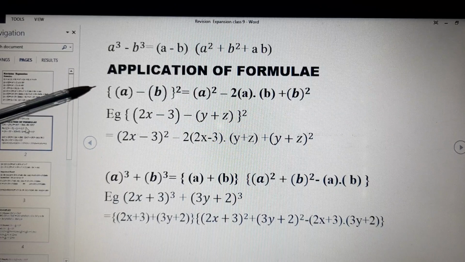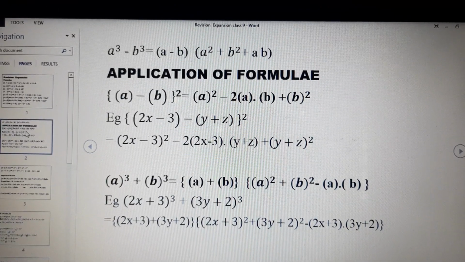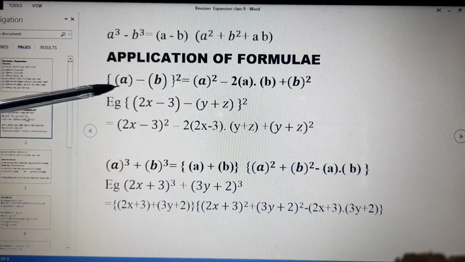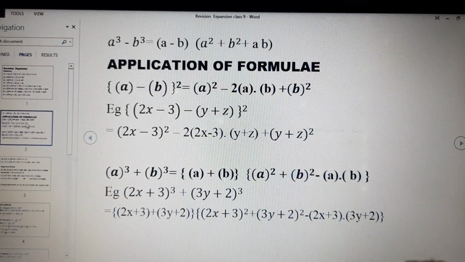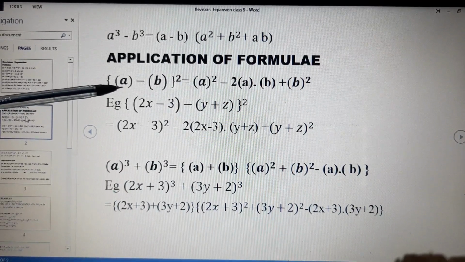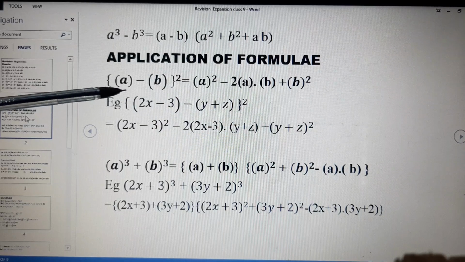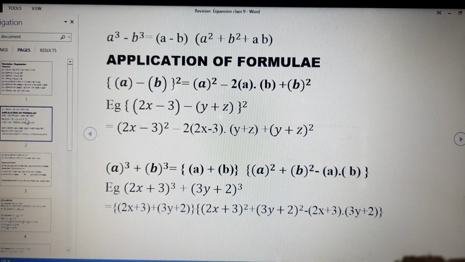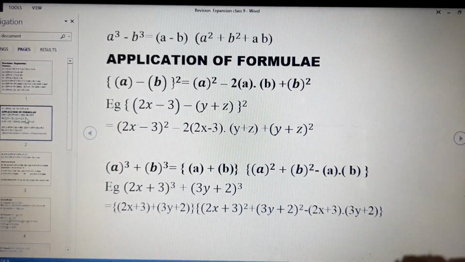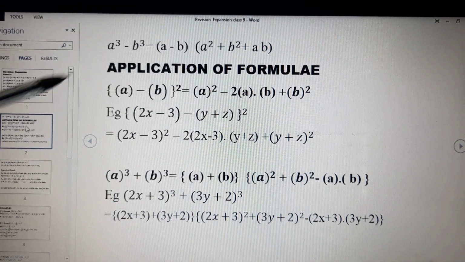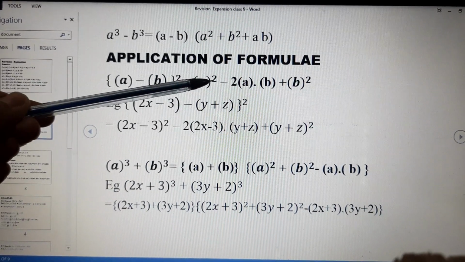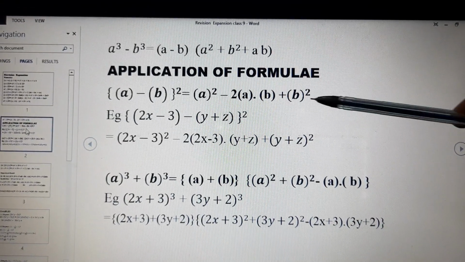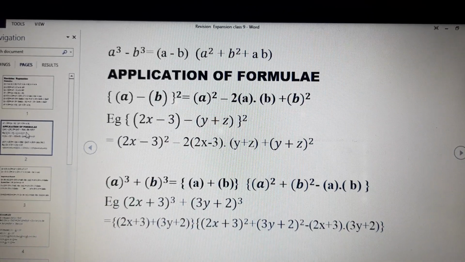So I am taking the a minus b whole square formula. I have written it in a different way. You can see that curly brackets and small brackets are there. What do they depict? That a is not always just a here. A can attain any value. Are you getting it? It can be a binomial also. I have taken a as 2x minus 3, and I have taken b as y plus z. Then how will you open this bracket? It is actually a square minus 2 into a into b plus b square, whatever value of b is there, it will be b whole square.